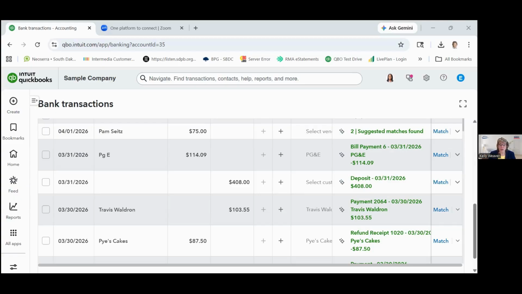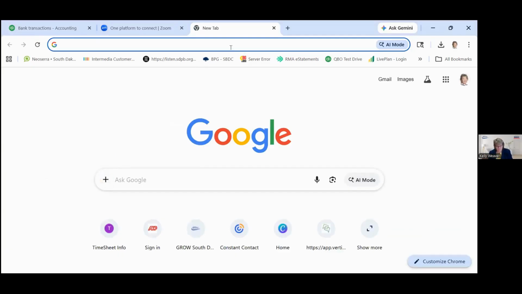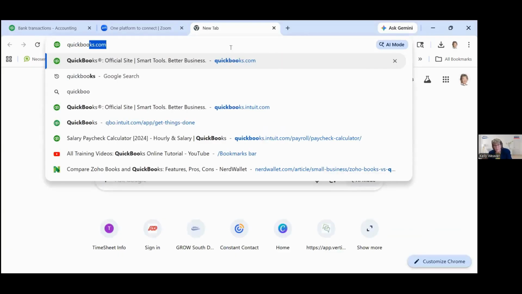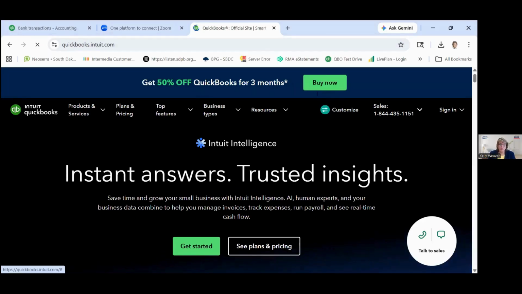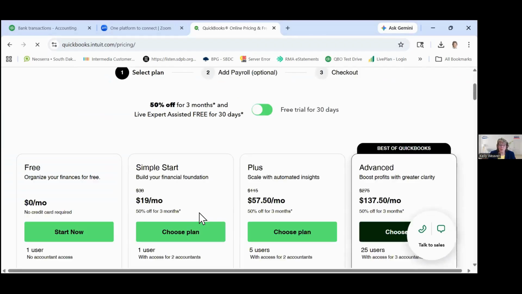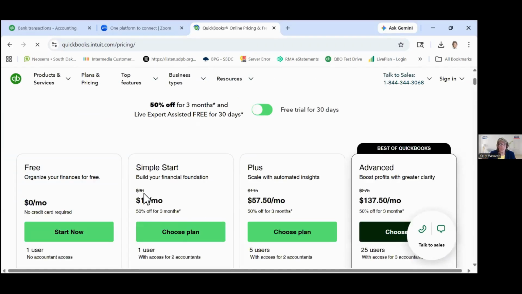And actually, I could probably get there pretty easily. Yep, there's their 50% off for 3 months. Plans and pricing, I think their lowest version is about $30 a month regularly. Yeah, 38.